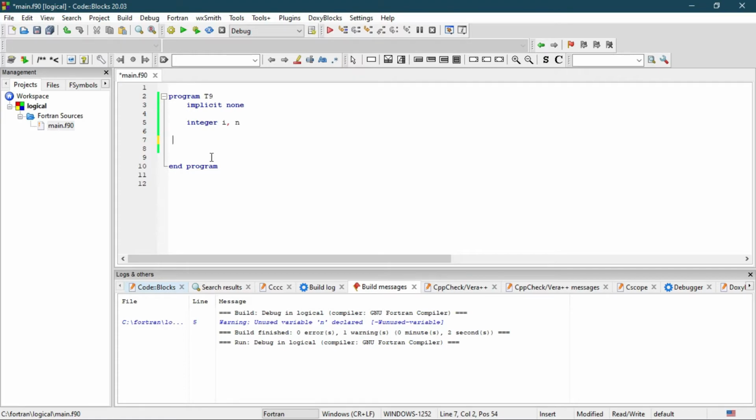Now another thing that I want to tell you, which is kind of an odd thing. Say we are going to run an infinite do loop. That is, we are not going to bound the variable for this do loop. So now the question is, where do we need this kind of thing?